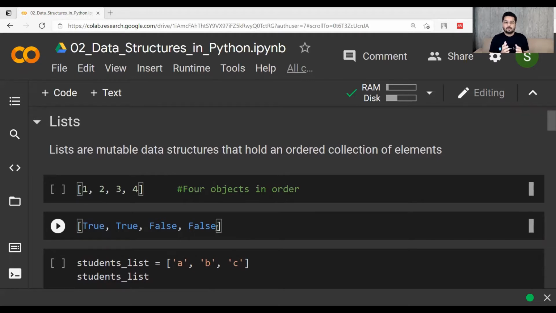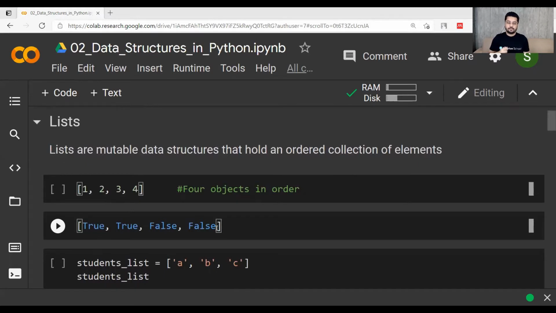Now what is mutable? Mutable means changeable. So the elements can be changed, it can be updated, and the overall list will be affected. We saw in the last video that strings do not get affected, they are immutable, but lists are mutable, and this list data structure can be changed by changing a particular value in it.